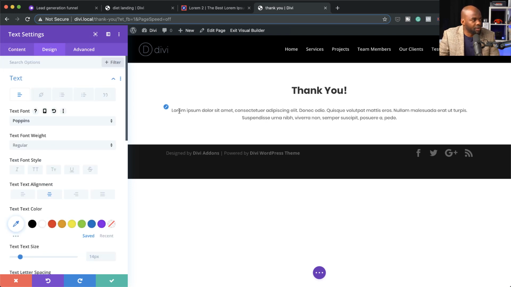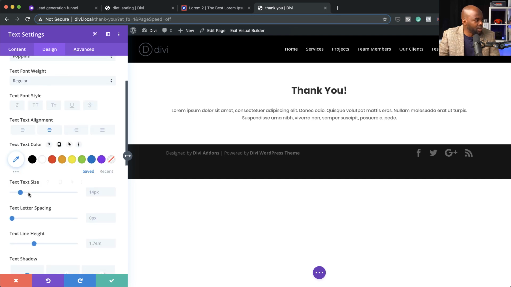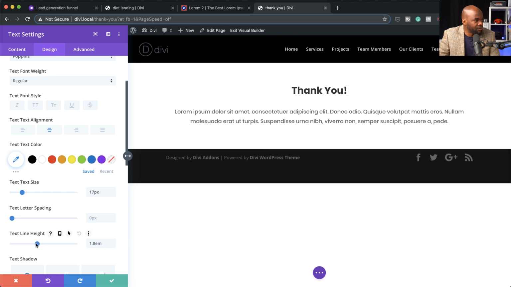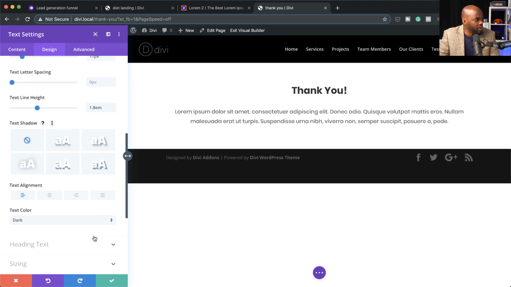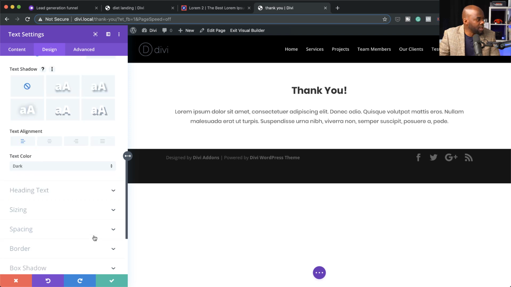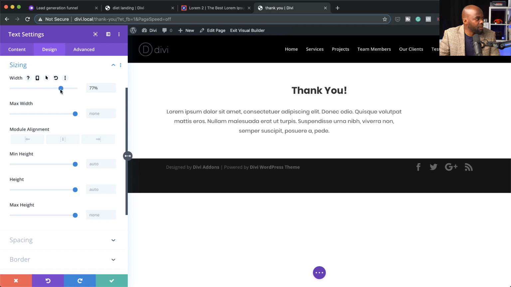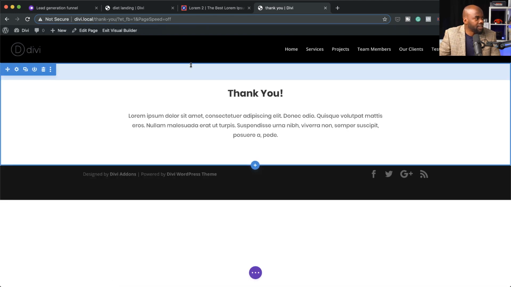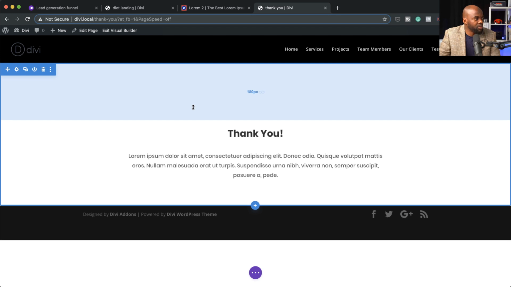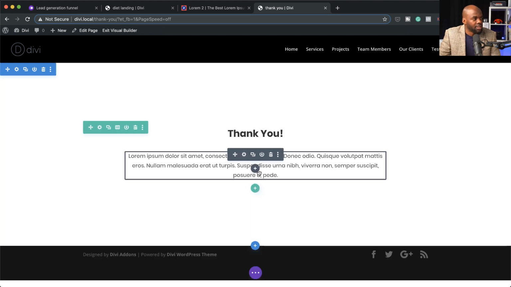And as you can see, this paragraph is a bit too wide. But let me show you a quick way you can go in and fix that. So let's just increase our text a little bit here to about 17, add a bit of line height. And then over here, we're going to go to the sizing. So this is where you can adjust the width to about, let's say, 76% and center it. So now this is looking really good. I'm going to save that. Next, I'm going to add some padding here, maybe to about 180, both to the top and the bottom. So now we have the description text here, or the message that we need for the thank you page with